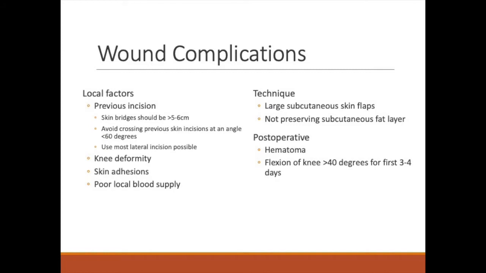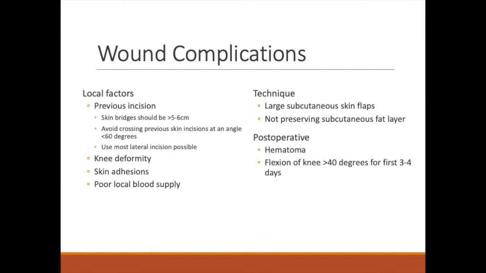Additionally, the more medial you make your incision, the more likely you are to end up with a saphenous neuritis or some similar problem like neuroma. A knee deformity, especially if you have significant correction to do or soft tissue releases, that can complicate wound issues and increase marginal necrosis, again also because of disruption of the deep blood supply that's coming up superficial to feed